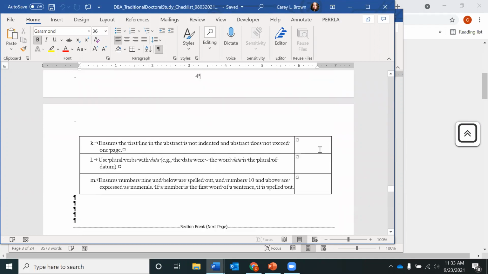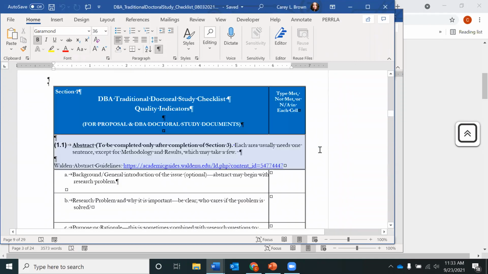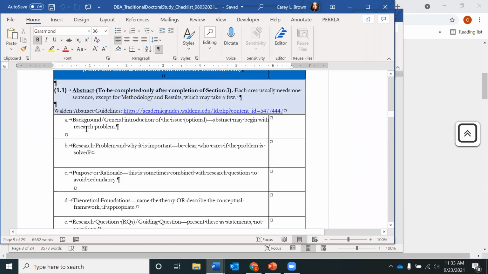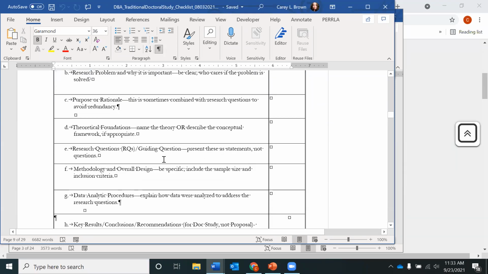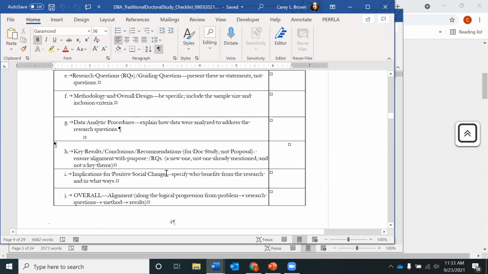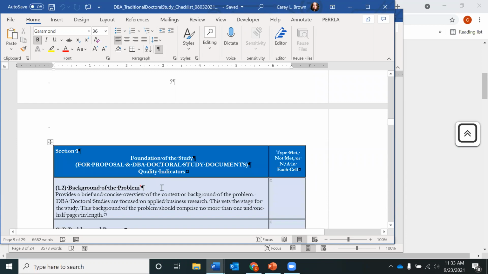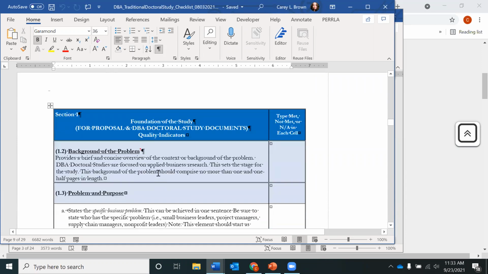See, this one's set up a little bit differently. I think, yep, I believe this is the right one. And it indicates all of the things that need to be covered, like if you're writing your abstract, here's all of the things that need to be covered in that abstract. These are the criteria that faculty are going to use to make sure that you have included all of the required content. If I were, say, starting section 1 of the DBA study, I could go in here and see,